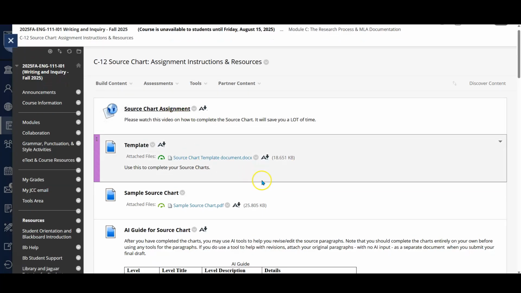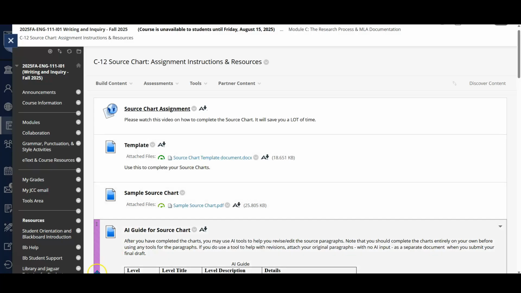The first thing you're going to do is download the source chart template, because this is what you're going to be using. It's a document file and you're going to be filling it out. And when I show you the file,